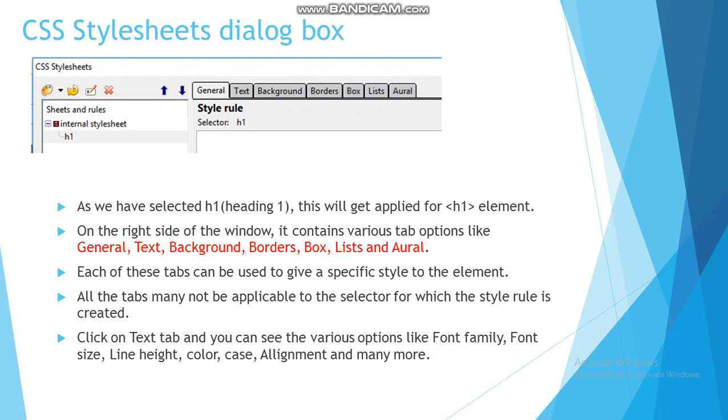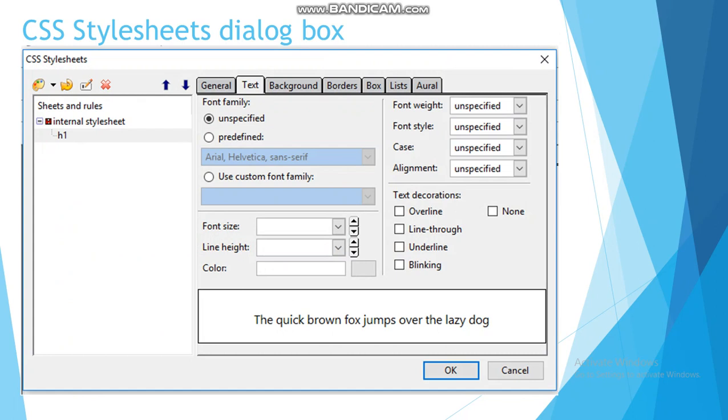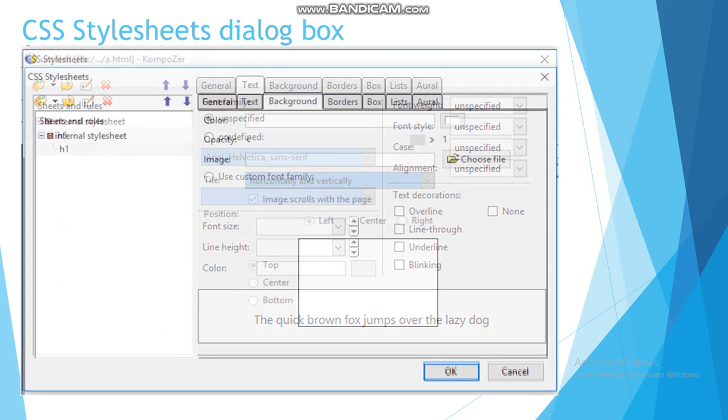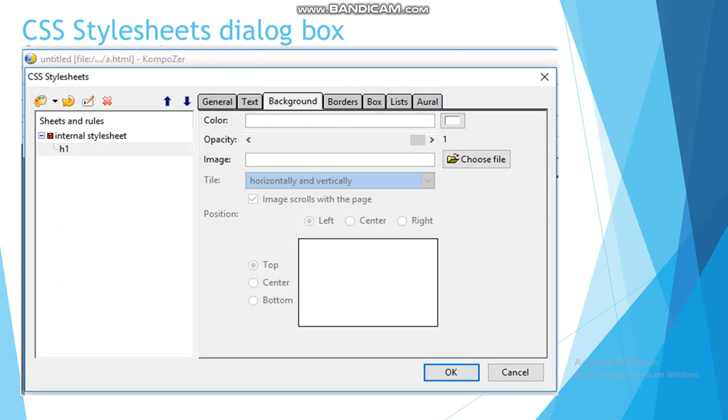Click on the Text tab and you can see the various options like font family, font size, line height, color, case, alignment and many more. So when you click on the Text tab, it will display a dialog box like this. When you click on the Background option, it will show you background options as given here.